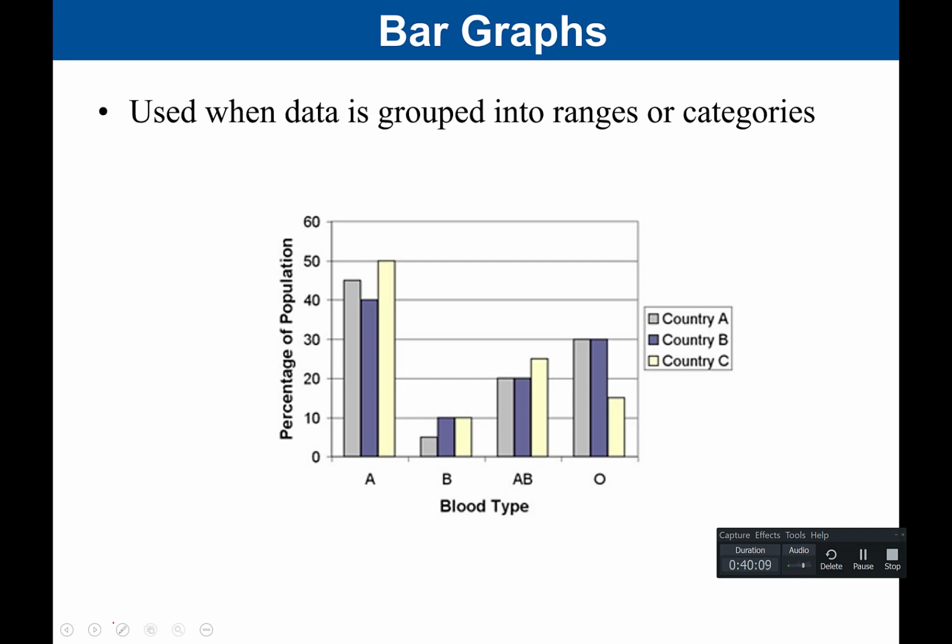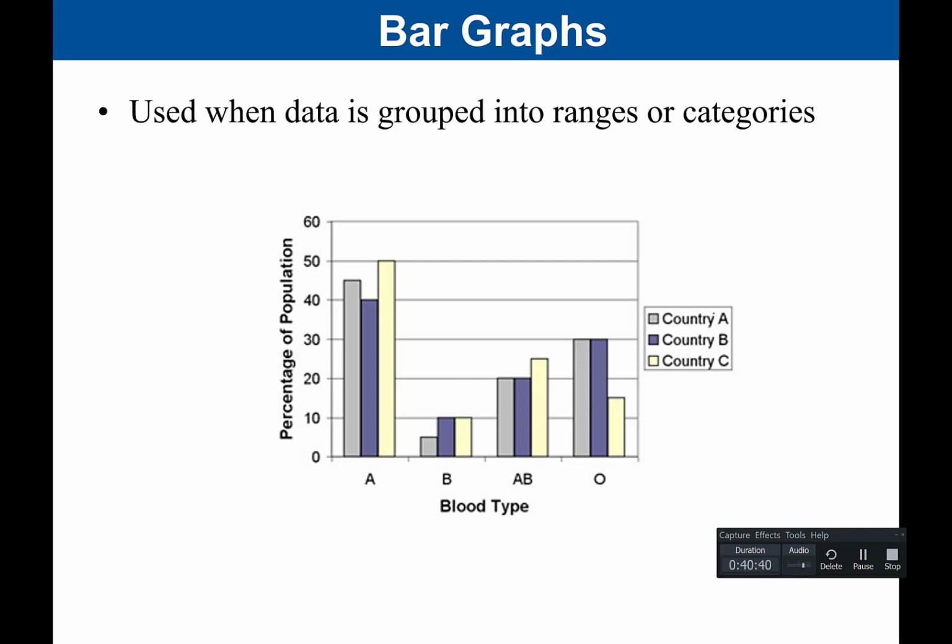Notice that for this bar graph, we have 3 sets of bars because we have country A, country B, and country C. So for this one, you need to have a key or a figure legend. And that figure legend is there basically to indicate what the different colors mean on the graph. That kind of lavender gray color represents country A, and the purple color represents country B, and the yellow color